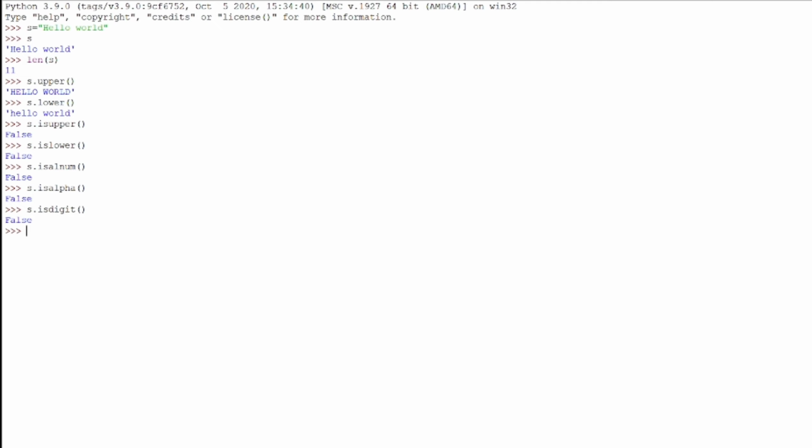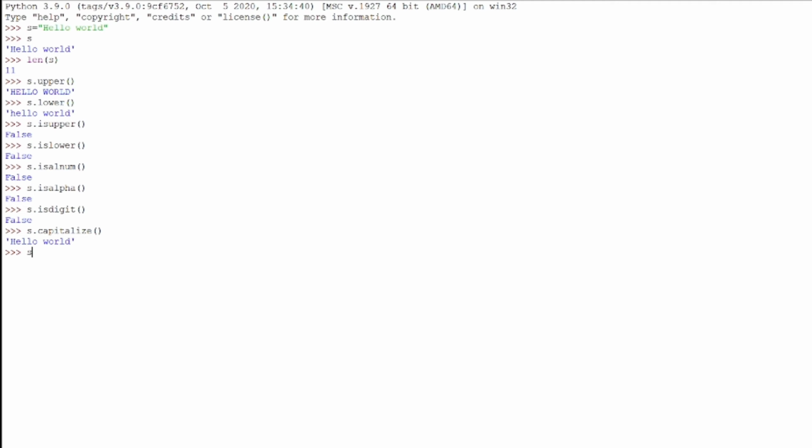And the next one is capitalize, s dot capitalize, it is changing the first letter of a string to a capital letter.